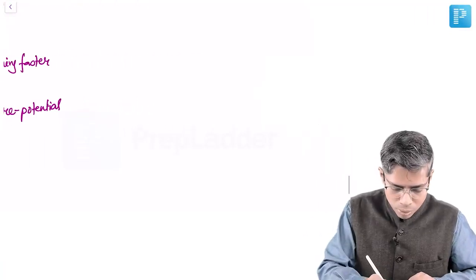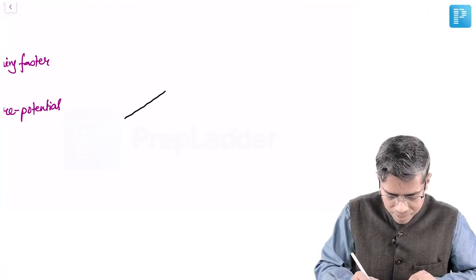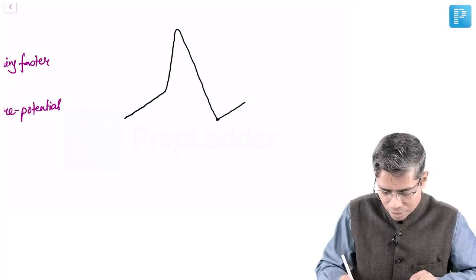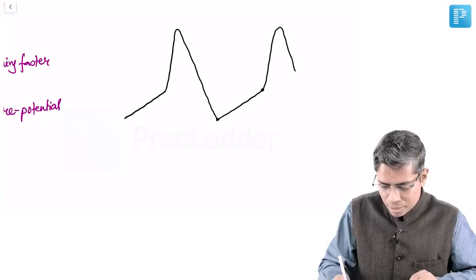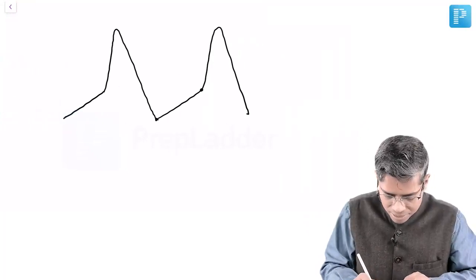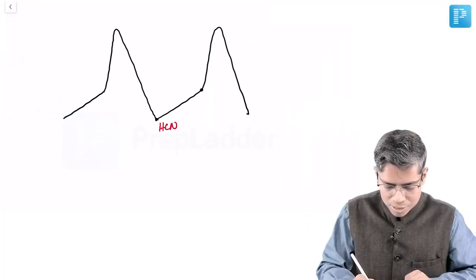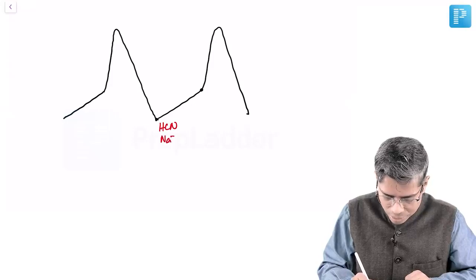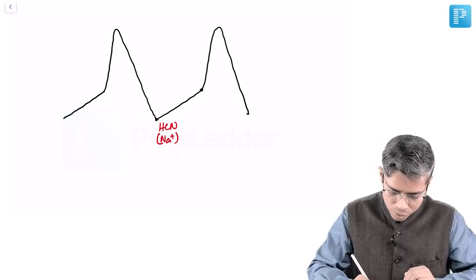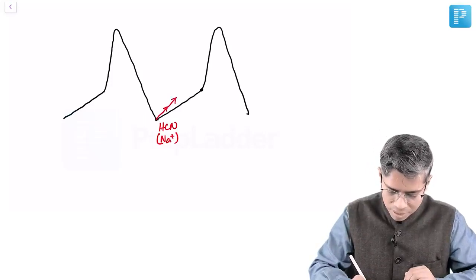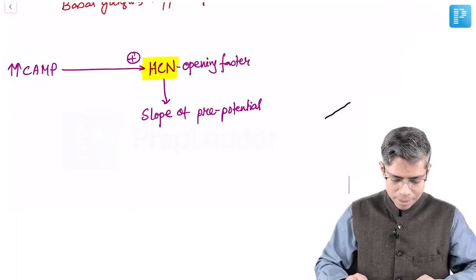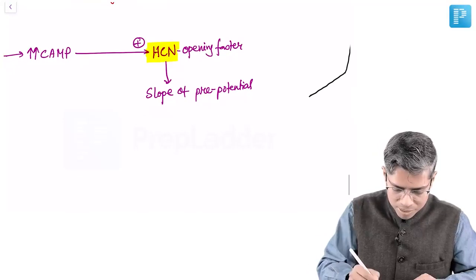Look, normally suppose this is the nodal tissue action potential spontaneously going on, automaticity is going on, right? Now I have stimulated this sympathetic system. So here the HCN channel is stimulated, due to which sodium is entering the nodal tissue cell at a faster rate. So I can easily understand that the slope of this prepotential will start rising at a faster rate. Not only that. The slope of the prepotential will be steeper,